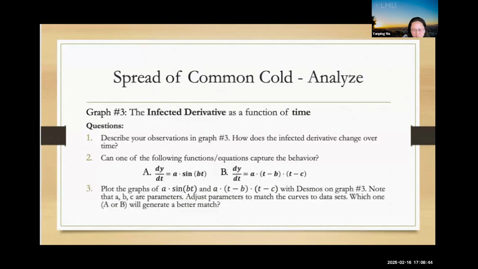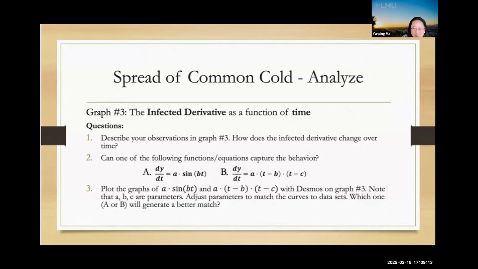So when we plot the data, I said we're going to use Desmos. In Desmos, it's very easy to plot how the rate of change is going to be versus time. So students most of the time have no issue trying to understand how they may potentially build the model with respect to time.